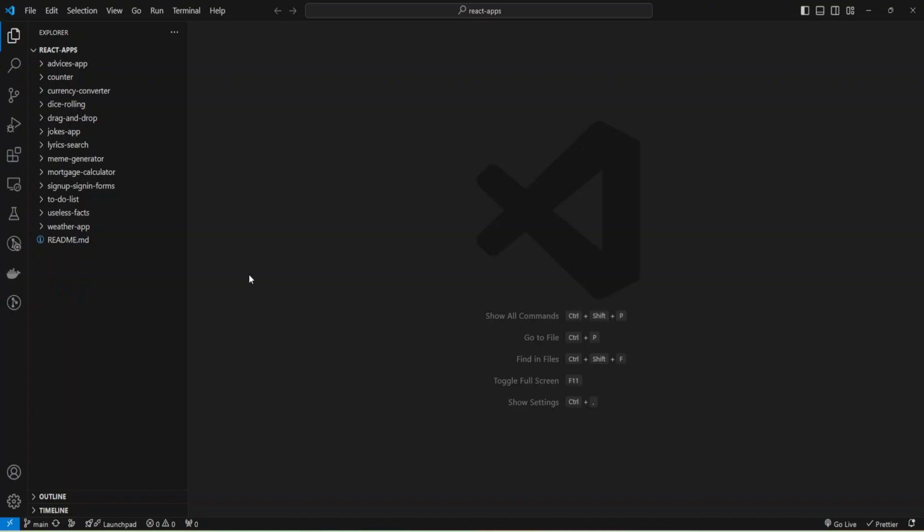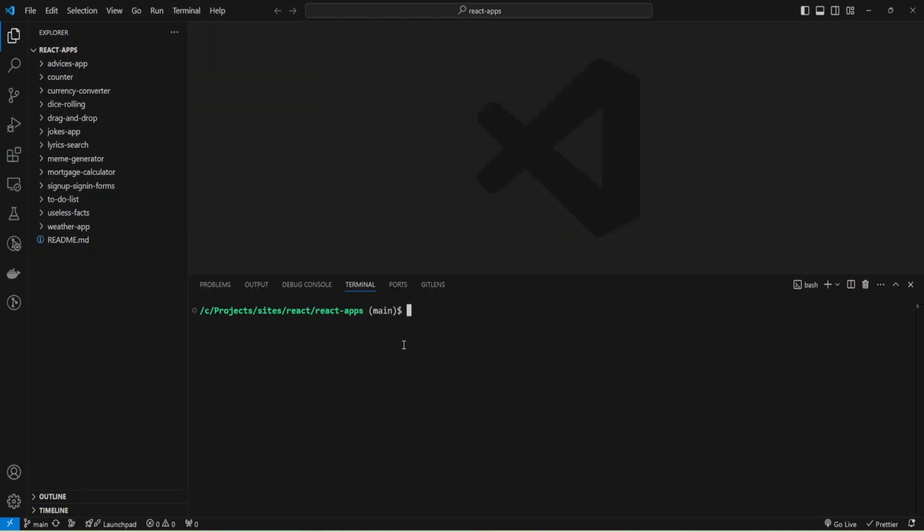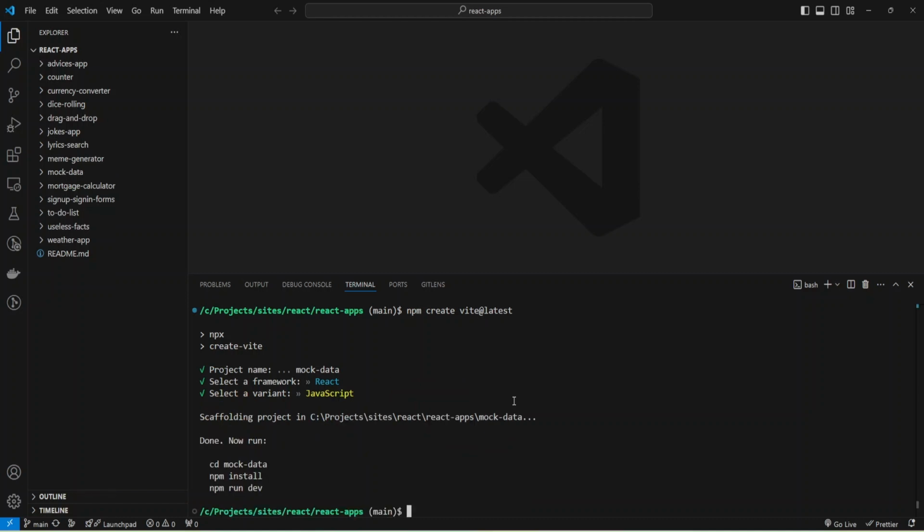I launched my Visual Studio Code and have a folder where I store my projects, and now I'm going to open a new terminal and run the command npm create vite@latest. I need to provide my project name, which will be mock-data, and select React and JavaScript.